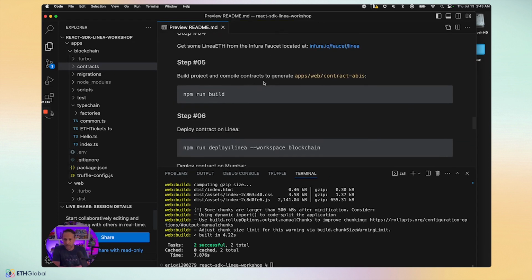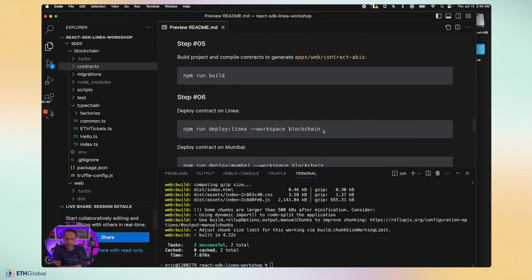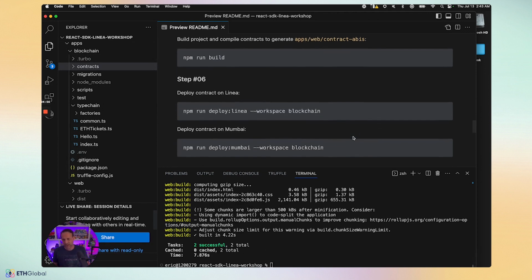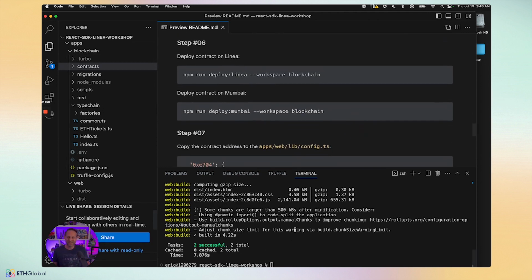All right. Once we have that done, we're going to go ahead and deploy to Linea. So this is where it will use our private key that's specified inside of our blockchain environment variable file, which I'm not going to click on. I bet you thought I was there for a minute. So we can run this,